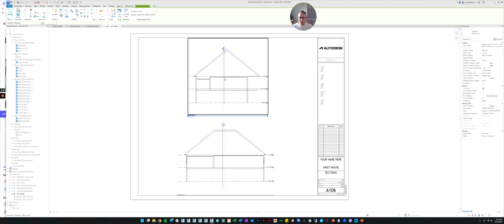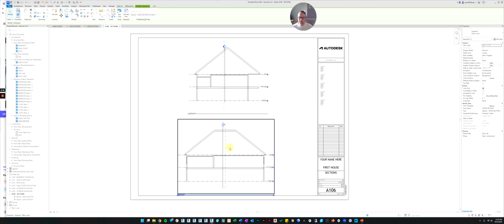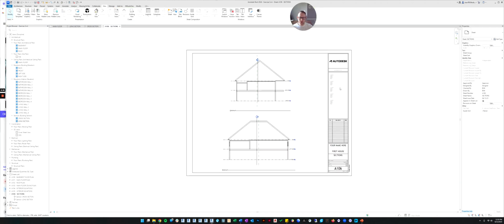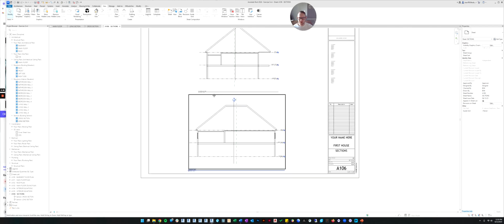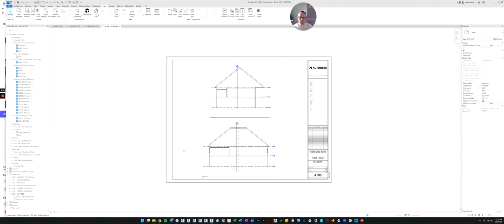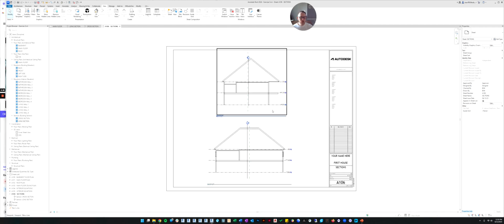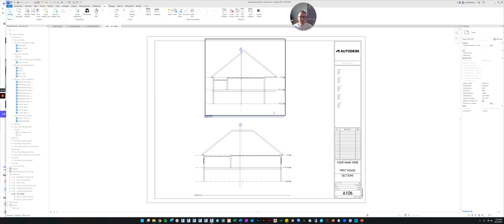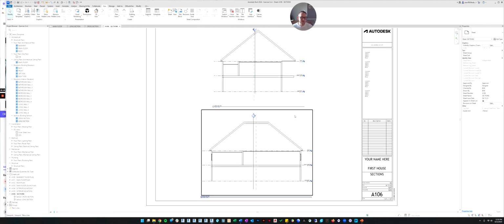And let's just make sure they fit and that it looks nice visually. That's probably good enough for now. So now there are two sections and they are named and they're to scale and everything looks good on the sheet. It's one thing I will take points off if your sheets look disorganized or if you haven't named your views. You should always be thinking before you turn something in this class, can the instructor, me, understand what you've done on the sheet? Can he understand what he's looking at based on the names of the views and the way I've arranged it on the sheet?